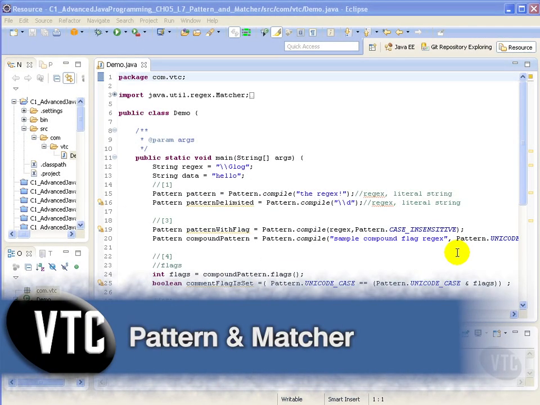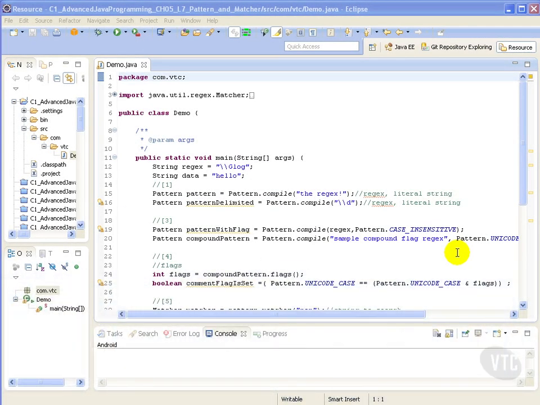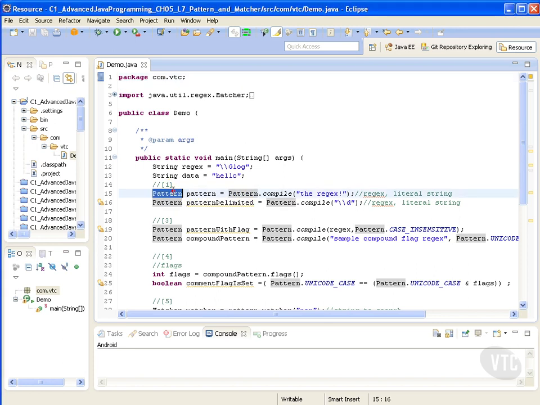In this video, we will introduce pattern and matcher within the Java programming language. The java.util.regex package offers a powerful and economical object model to implement regular expressions in Java. It is composed entirely of three objects: the pattern object, the matcher object, and a pattern syntax exception. If we look at our code here,